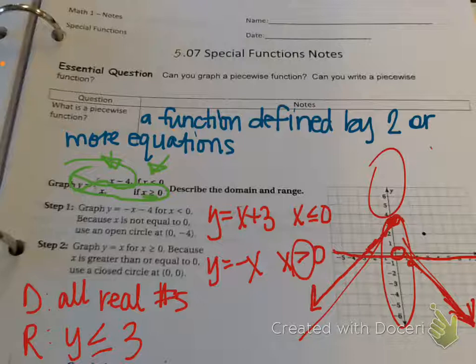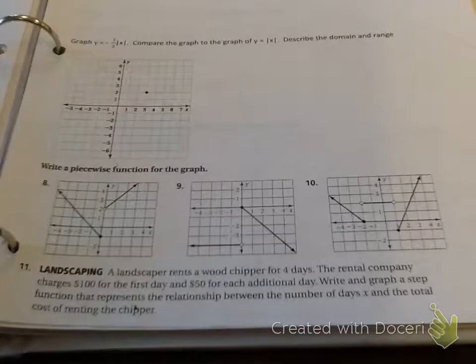I think you should be able to do the 2 piecewise functions and identify the domain and the range. The next thing that we have to do is write a piecewise function given a graph. So when you're looking at your graph, go ahead and turn to the next page. I know it doesn't look like mine, but when you're looking at the graph on your page,